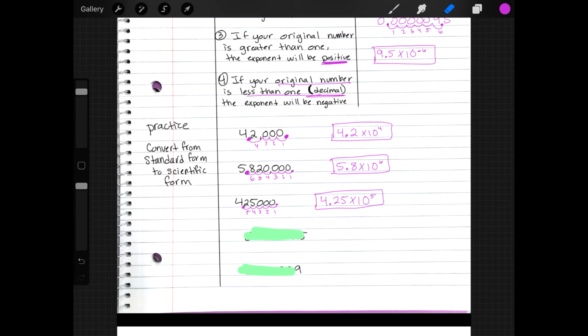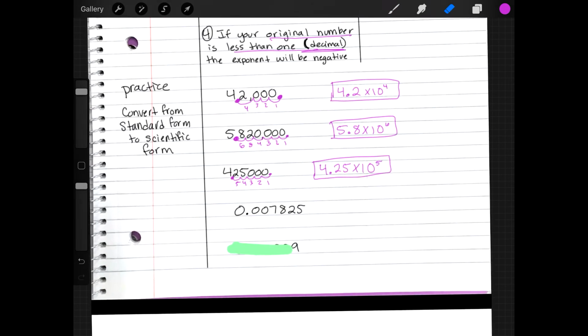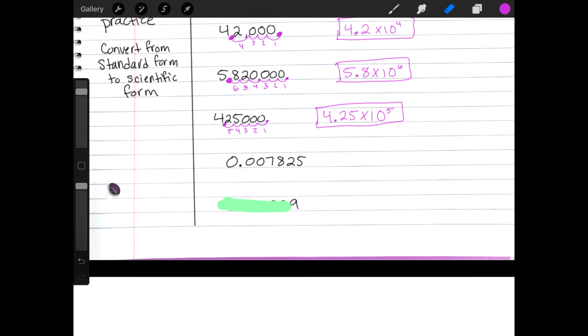Okay, let's do the next one. We got 0.007825. This is a small number, right? So if it's a small number, if it's a decimal, then it's going to be a negative. Our exponent is going to be negative. So let's see what our exponent will be. If I move it 1, 2, 3, right here, that 7 will be my first number because it's between 1 and 9. So I'm going to write it as